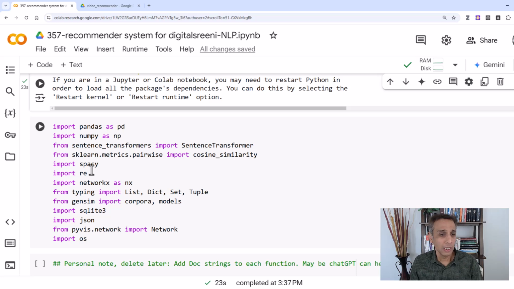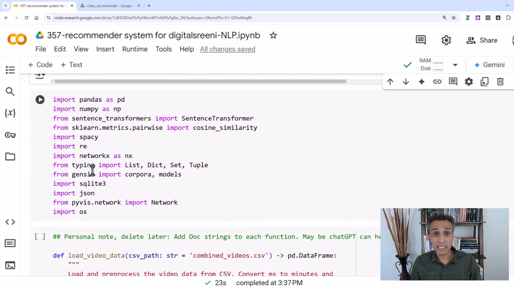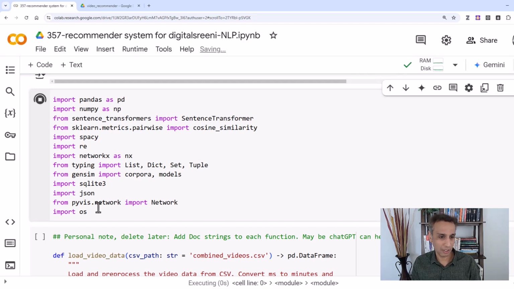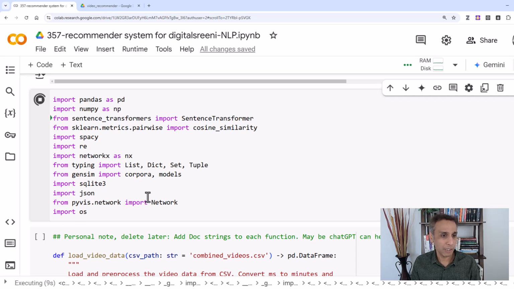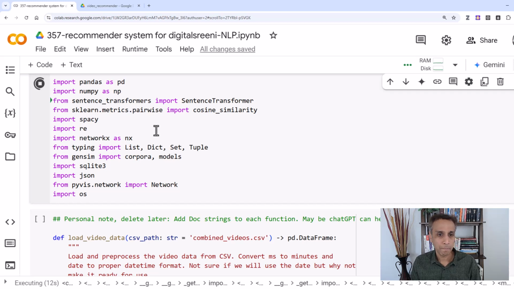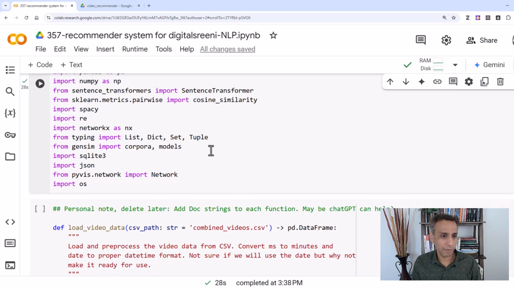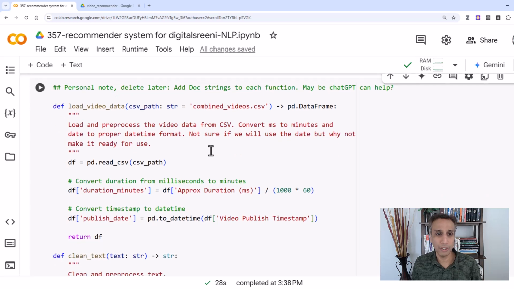So there you go. Okay, now that everything is installed, let's go ahead and import all the libraries that we need. And PyVis.network, and network allows us to define the network and do the plotting using PyVis. And yeah, spaCy, sentence transformers, and cosine similarity. I'm using it from scikit-learn, but cosine similarity is available in multiple packages. So I bet they all do pretty much the same, although my experience is primarily with scikit-learn. Okay, so these should be loaded pretty fast. Now let's go through each and every one of these